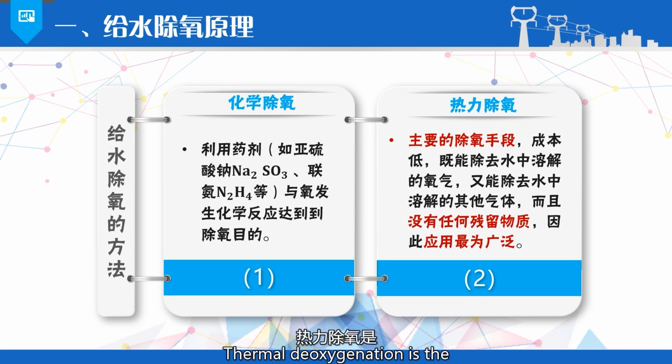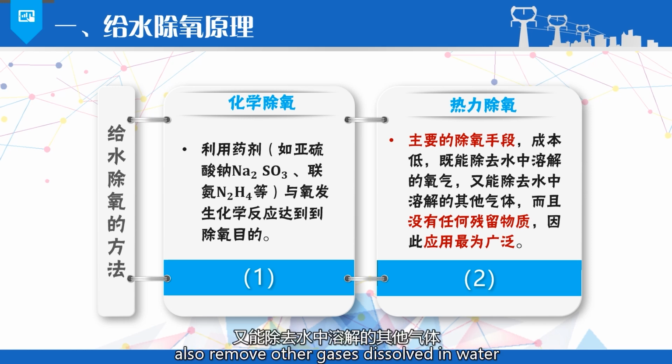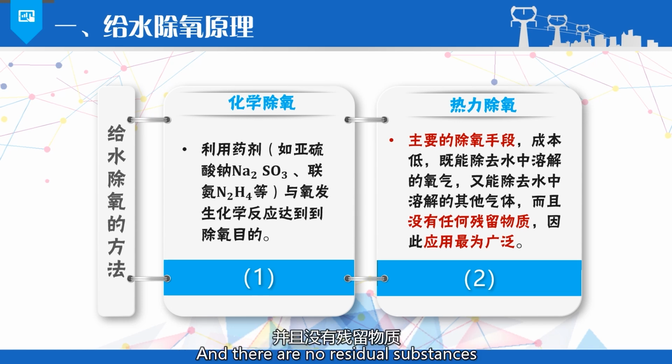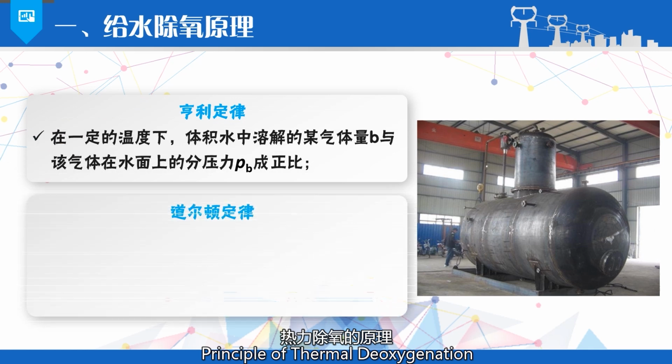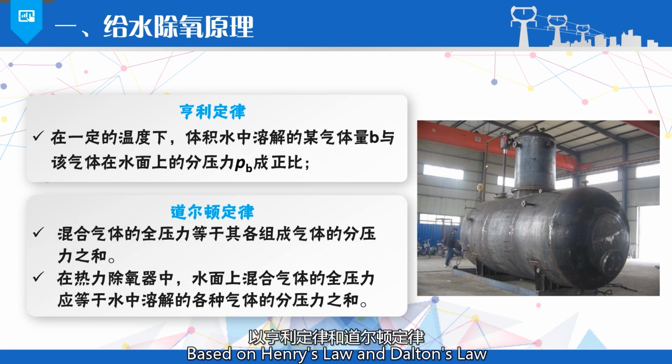method. Thermal deoxygenation is the main method of deoxygenation. Its cost is low, it can remove oxygen from water, and also remove other gases dissolved in water, and there are no residual substances. It is the most widely used. The principle of thermal deoxygenation is mainly based on Henry's law and Dalton's